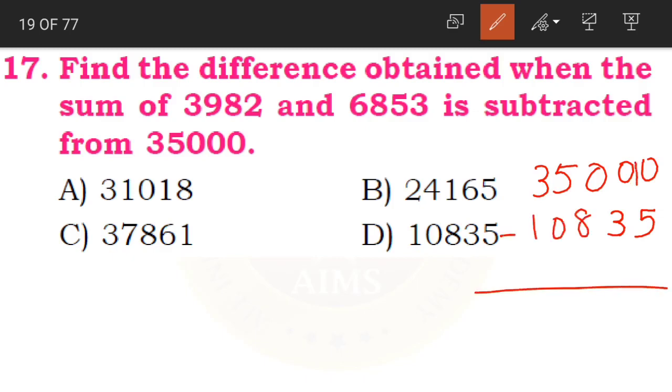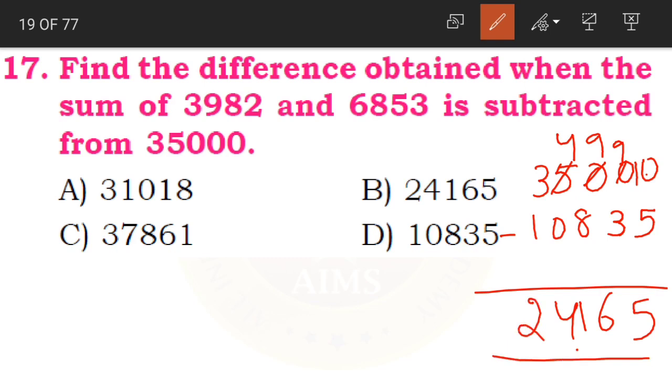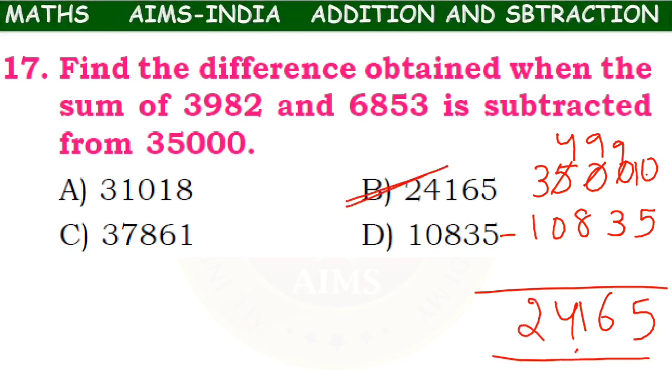Subtraction. First 0 becomes 10, the other zeros become 9, and the last number becomes minus 1. So 5 minus 1 becomes 4. Yes children, so let us subtract. 10 minus 5, 5. 9 minus 3, 6. 9 minus 8, 1. 4 minus 0, 4. 3 minus 1, 2. What is our answer? Option B,